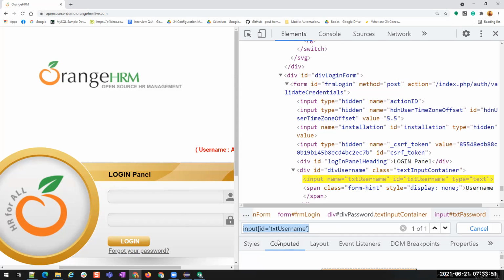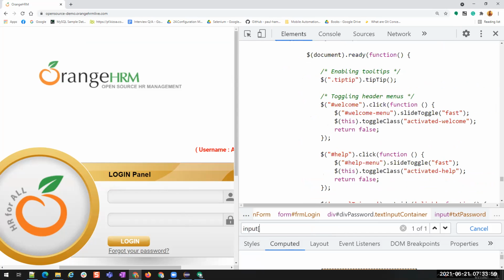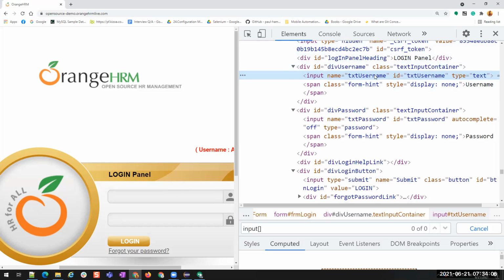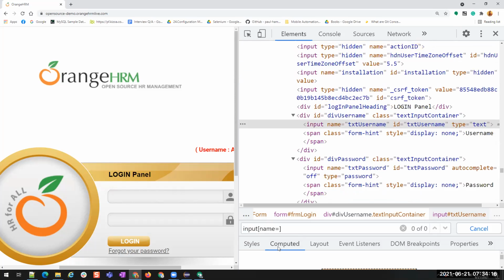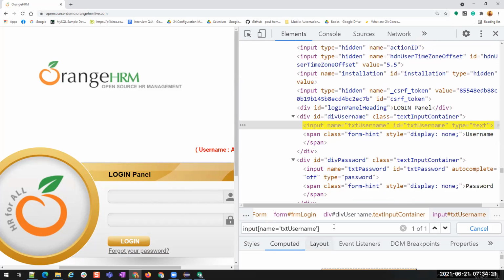Now, when we have this hashtag representation, why should we go for these braces and attribute is equals to? Because now I don't want to find an element using its ID. For ID, we have the hashtag. But what about I want to find an element using its name? Then how do I find it? I want to find an element using its name attribute. For name, I cannot use hashtag. Okay, if I want to use attribute name, then name is equals to txt username. See, pretty simple, right? Same as XPath, but you will not have double slashes and @ symbol.